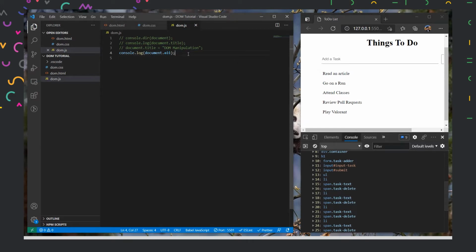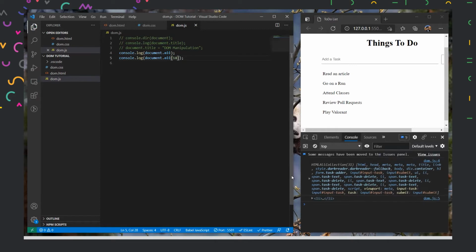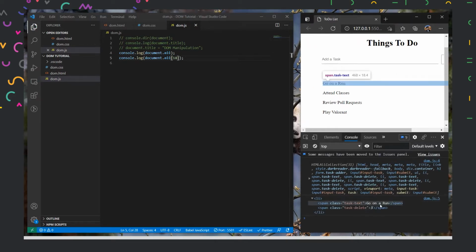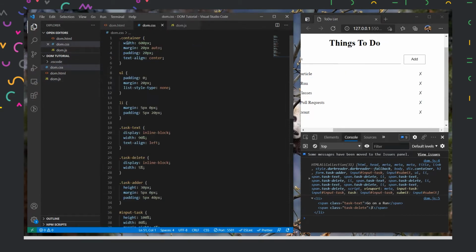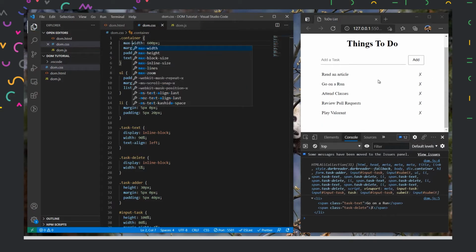So how to access our array, like we discussed in our JavaScript session, we could just use the square brackets to access the element. Our element was the 18th element, so let us do that. And when I save, it will return me the list which has the go for run and the delete element as well. The delete element is over here. To make it look clearly, so that we don't have to scroll through it, I'll put this width as max width. Now it is adjusted properly.